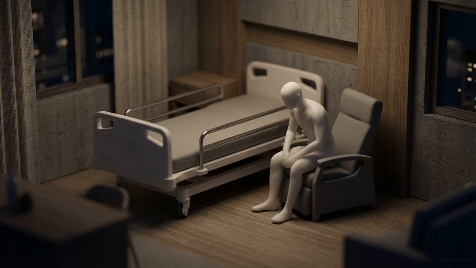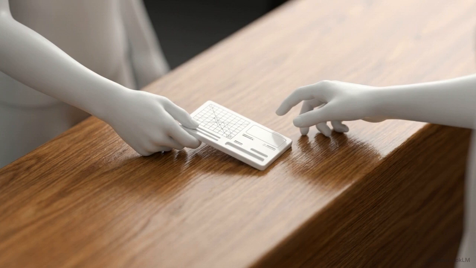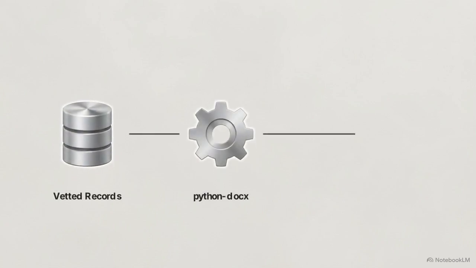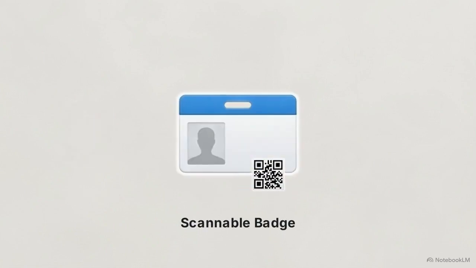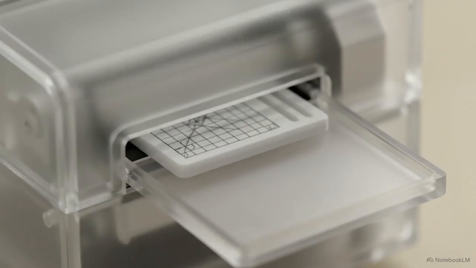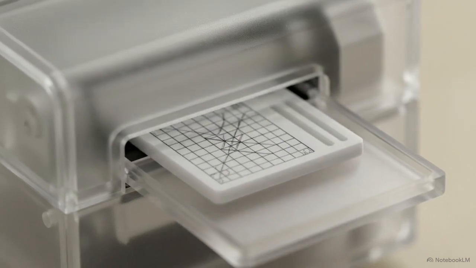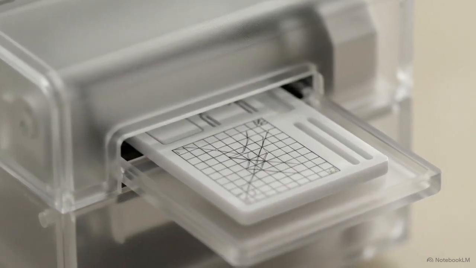For individuals staying overnight, the system applies a heavier layer of verification. It records their national ID numbers and phone numbers into a specialized companion log. The system uses the Python DocDocs library to translate digital records into physical artifacts. It pulls vetted records, formats them, and integrates a Python QR code library, stamping an automated, scannable matrix directly onto the document. This creates professional Word documents that can be printed as hard copy ID badges at the reception desk